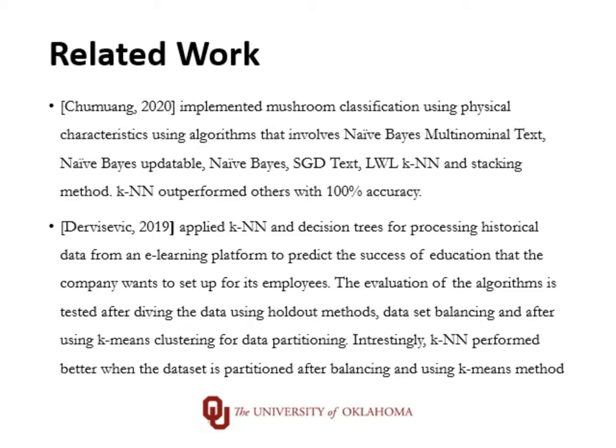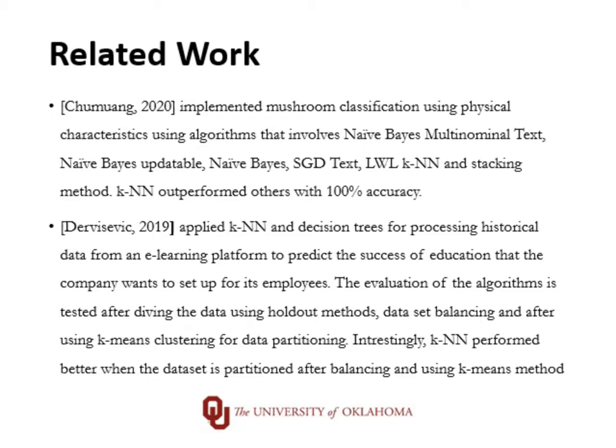amongst the different algorithms. The next one is DVSIC, who applied KNN and decision trees for processing the historical data from an e-learning platform to predict the success of education that the company wants to set up for its employees, with test accuracies of 72.17% and 76% for KNN, when compared to the decision trees which is 67.47%